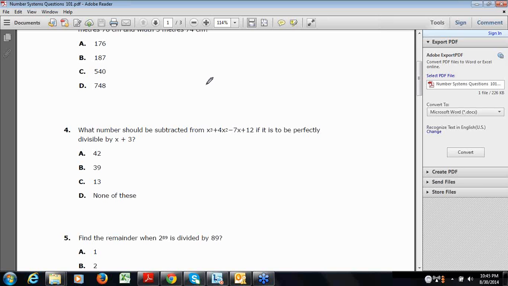So what you can do is write it as x into x plus 3 into x plus 1